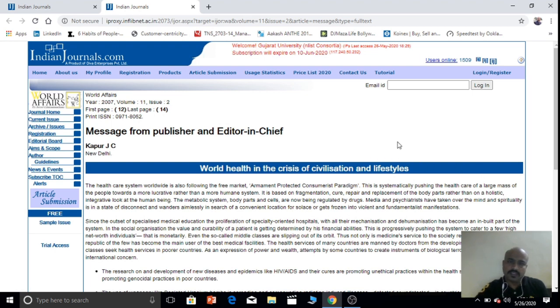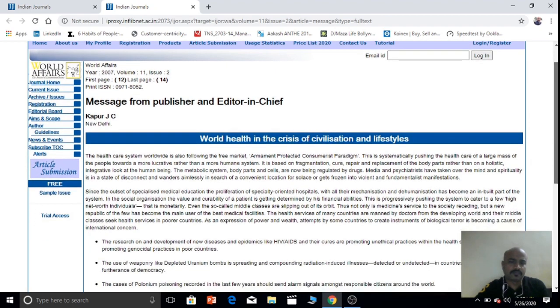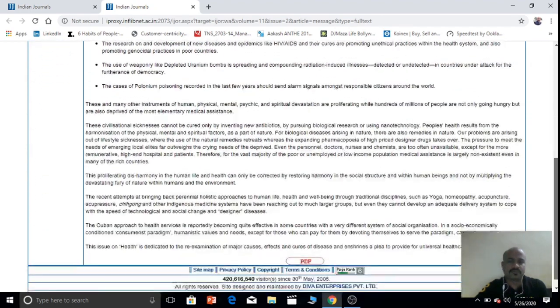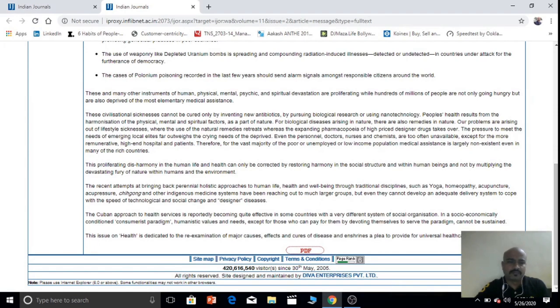See here we can see details: World Affairs, year 2006, volume 11th, issue 2nd. You can also get PDF files.